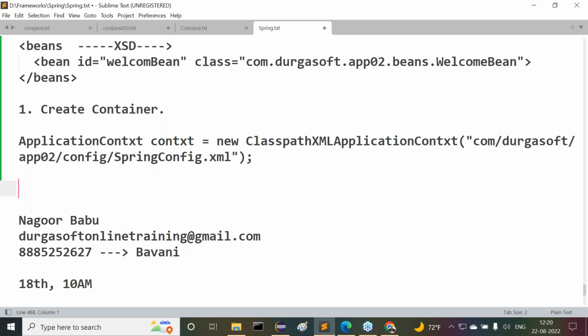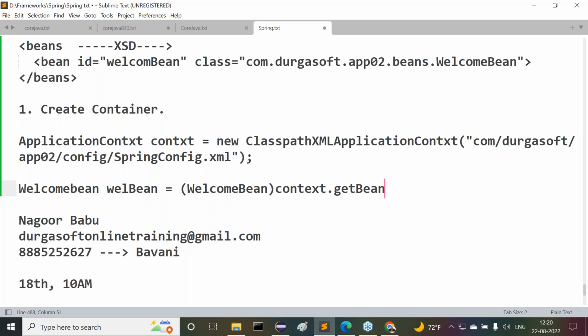Then after creating this container, we have to get the bean object or not. To get this bean object here, what do we have to do there? WelcomeBean wb is equal to, typecasting is also required. WelcomeBean context dot. Then what do we have to provide there? The getBean method here we have to use. Inside this getBean method, we have to provide